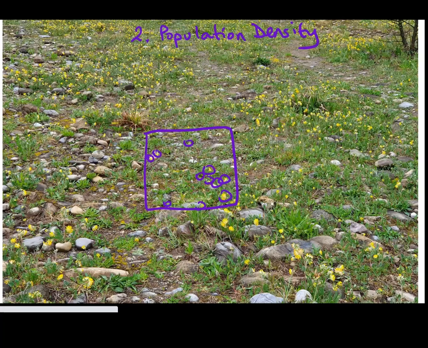So we still need to know how many there are, but we need to know how many there are per unit area. So say if this was a 1 meter by 1 meter quadrat, and then we could say